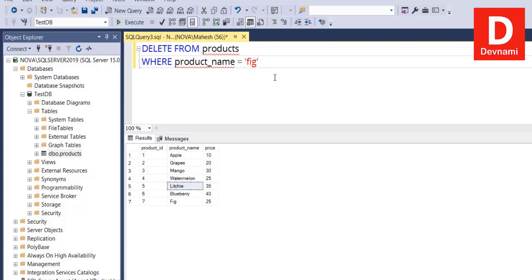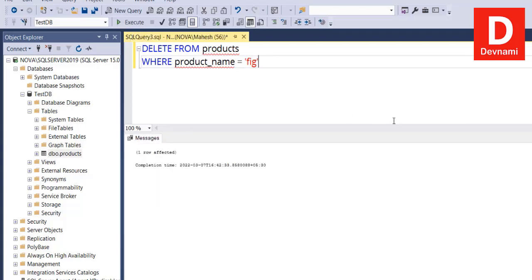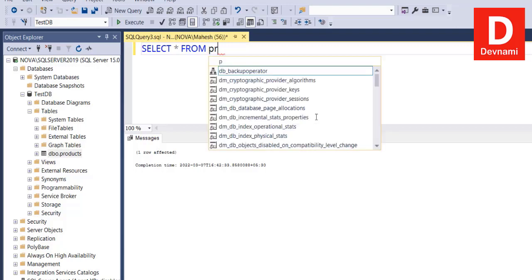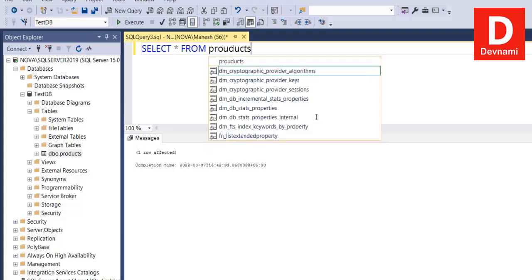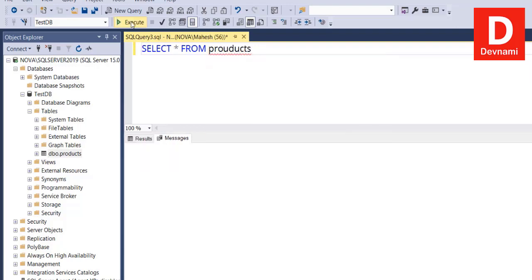And then we are simply going to execute this, right? One row affected. Now we will select all from the table in fact, right? And then select from products and execute this,